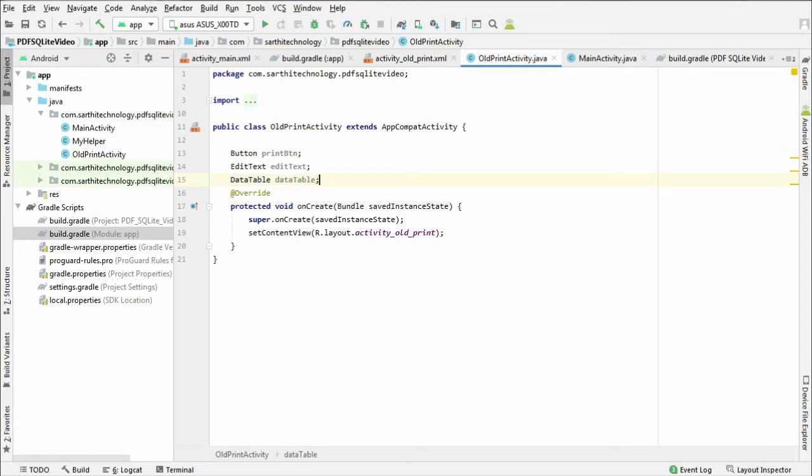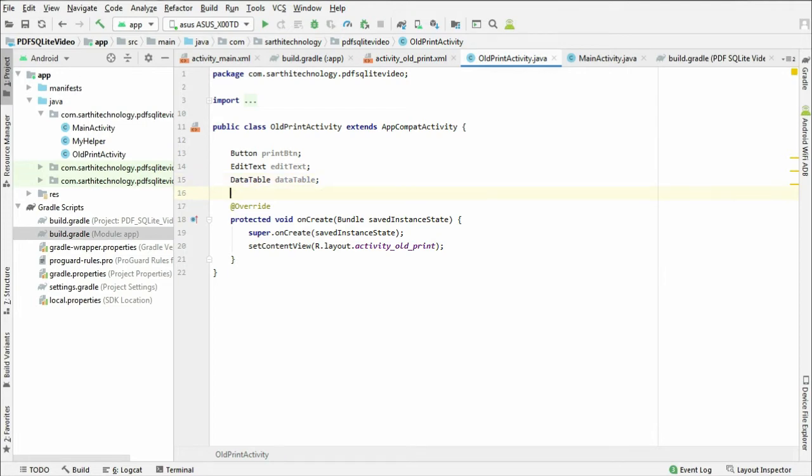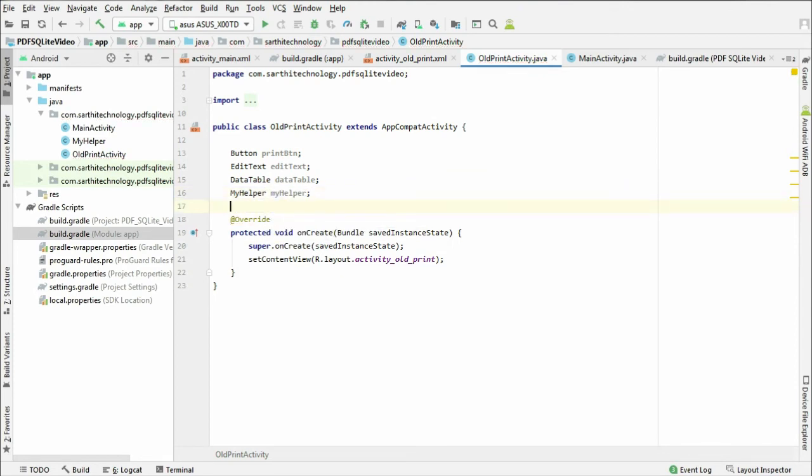We also need to create an object of the helper class, so MyHelper and SQLiteDatabase.